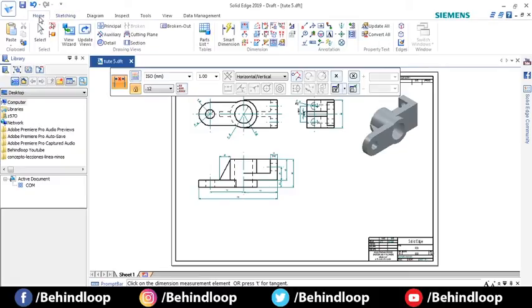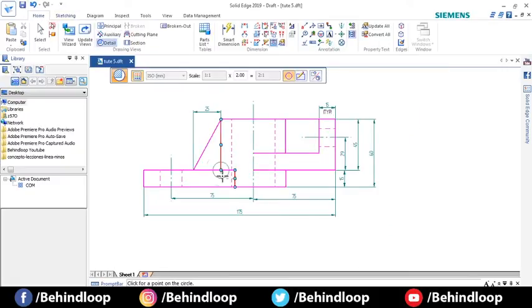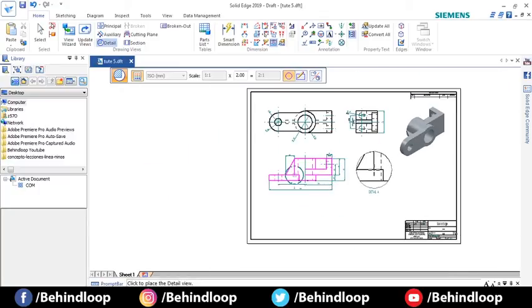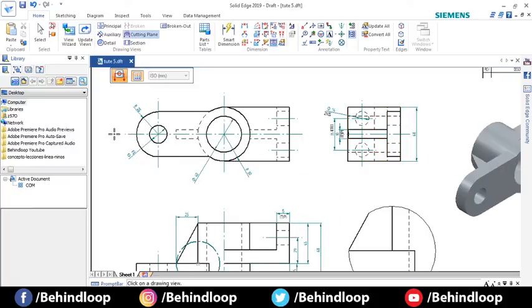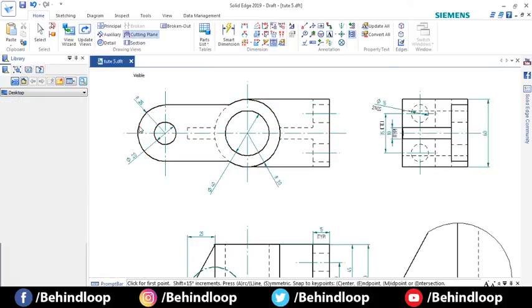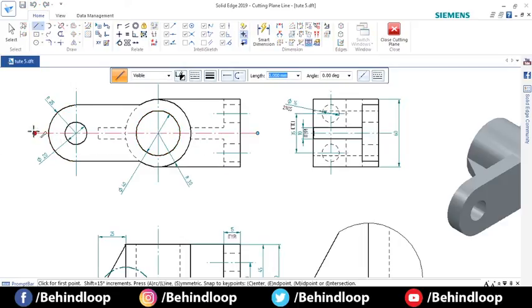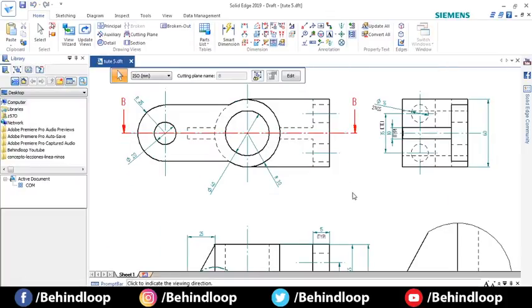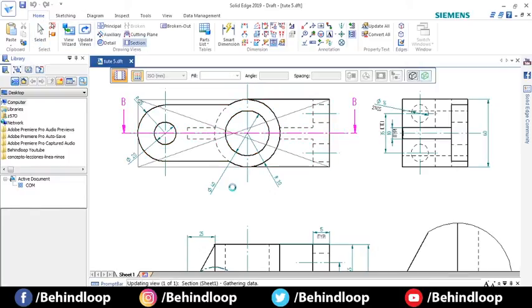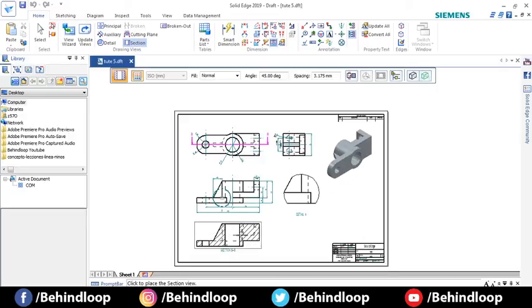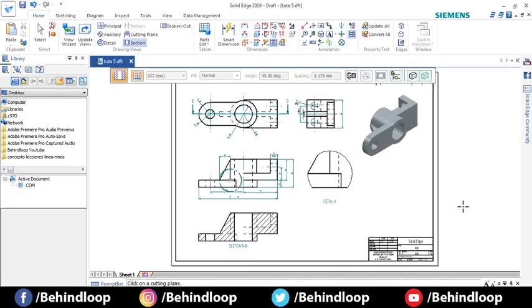Now we'll show all the details. You can show the dimensions even in the details, but you cannot show the typical there, because when you show typical in the details, then it is not typical. We'll show the cut section. The direction of the section is very important. You need to know at what direction you are seeing that section, so that is very important.